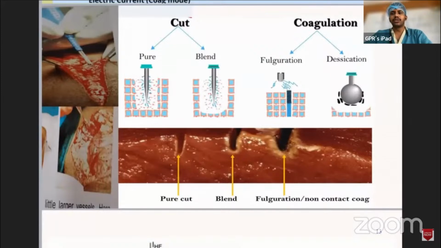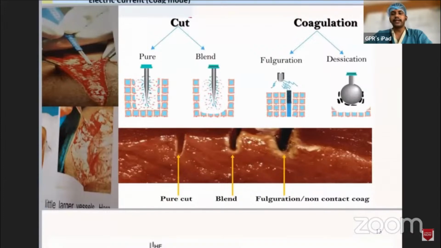And when it comes to the cutting current, it could be pure, which is a straight, clear way of cutting, where the amount of thermal dissipation will be more, whereas the coagulation or lateral damage will be comparatively less. As you can see in the slide below, the amount of red meat incised by the pure cutting current shows very little lateral dissipation. The amount of yellow, coagulated part is very low.